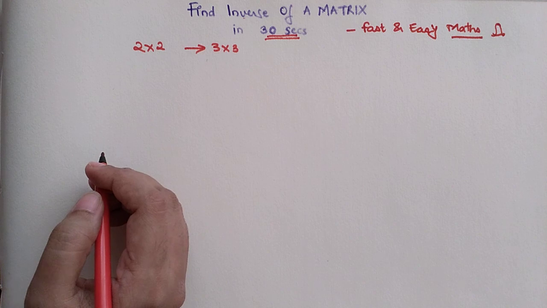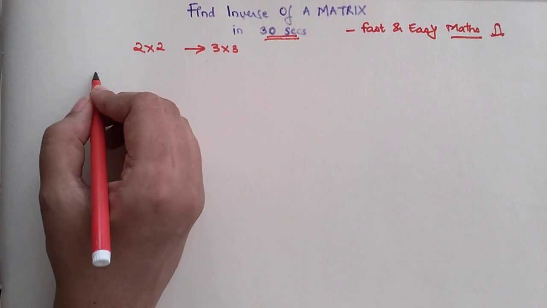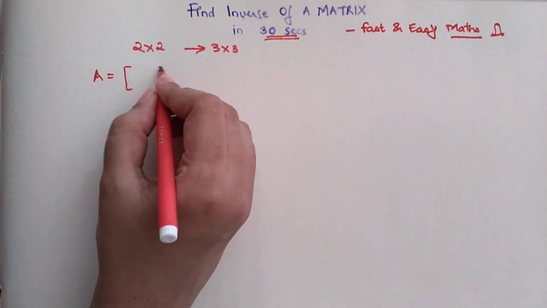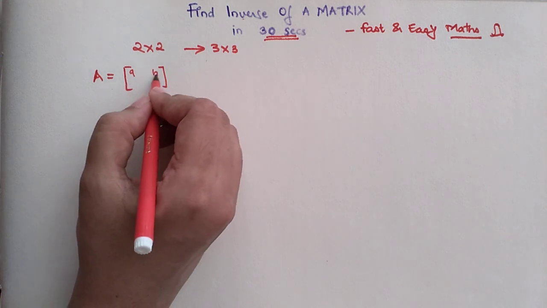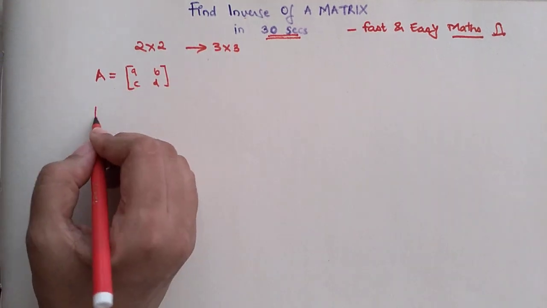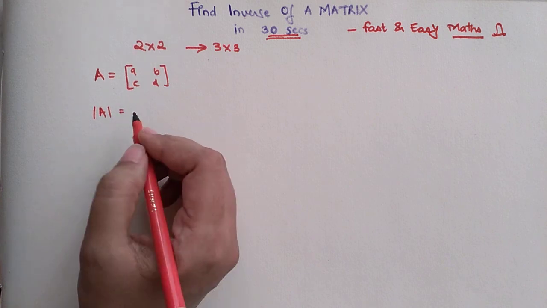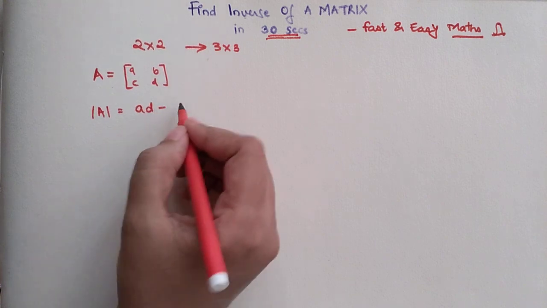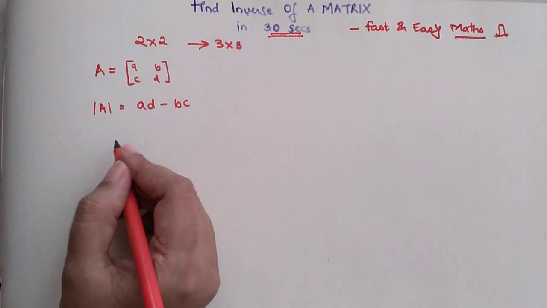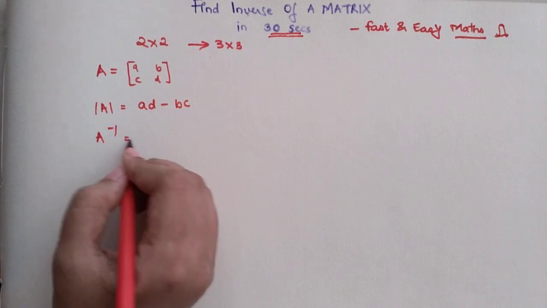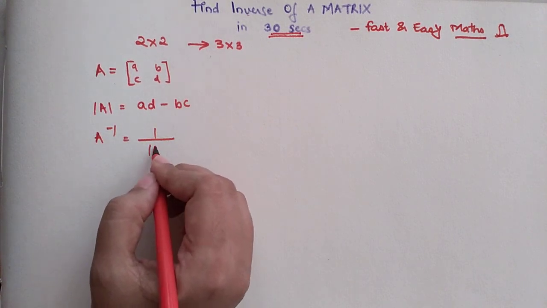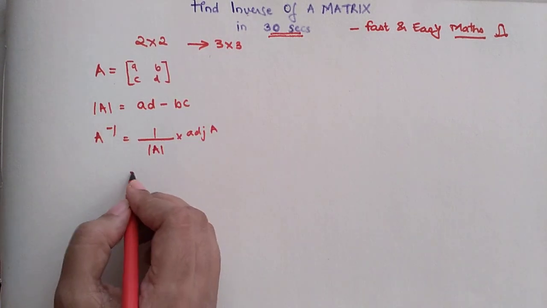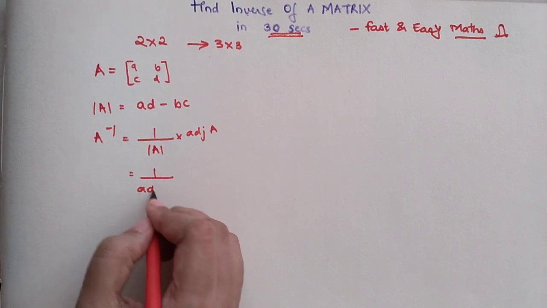Now in order to find the inverse of a 2 by 2 matrix, let's say A is your matrix which has got elements a, b, c and d. So first you will find the determinant, and the determinant over here will be what? a into d minus b into c, correct? And A inverse will be nothing but 1 upon determinant of A into adjoint of A. So we can say 1 upon (ad minus bc)